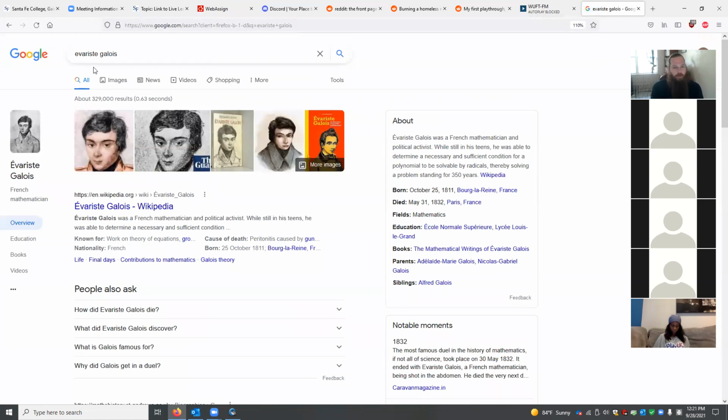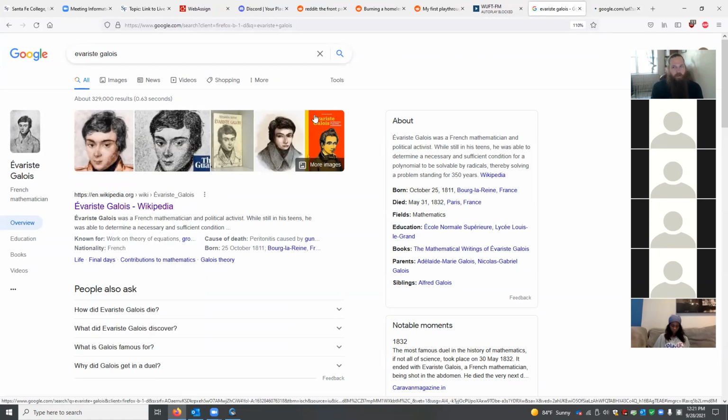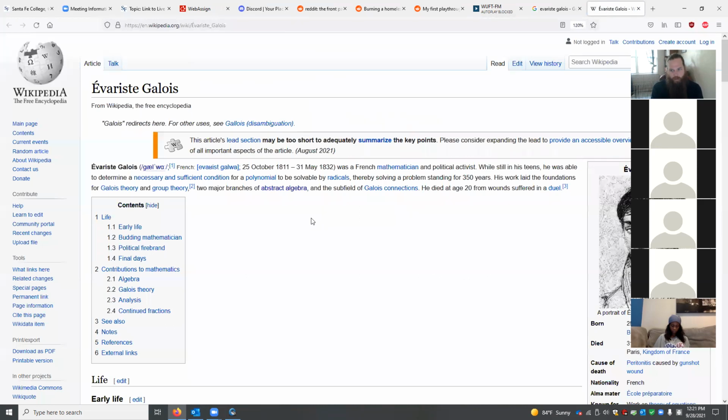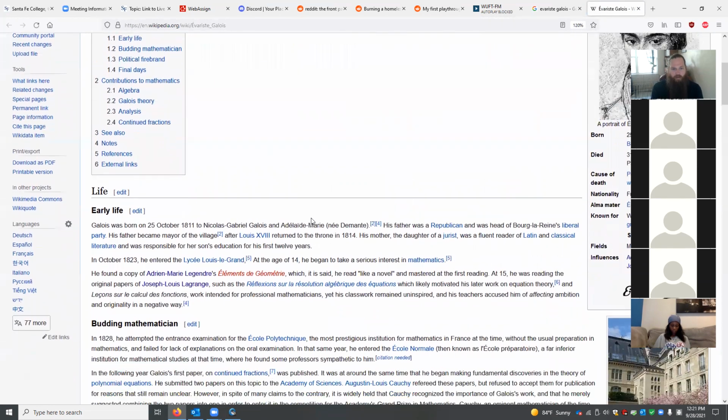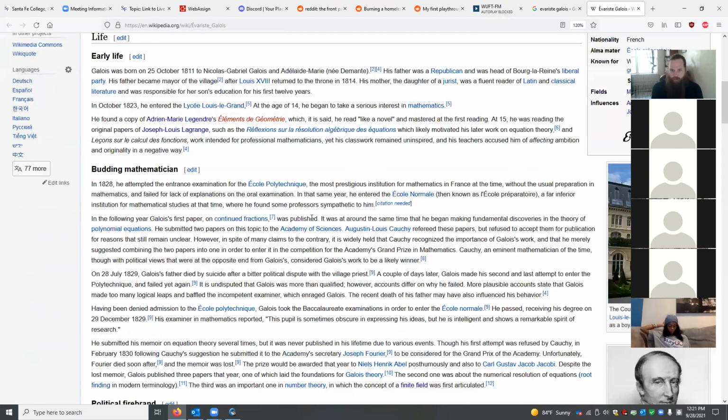The main contribution is now a field of mathematics called Galois theory. And Galois theory, among other things, allows us to prove not just the quadratic formula, but also the cubic formula, the formula for roots of a degree 3 polynomial, the quartic formula for the roots of a degree 4 polynomial, and perhaps most important, proves that there could never be a quintic formula. There is not and could never be a formula for the roots of a degree 5 or higher polynomial in terms of its coefficients, just doing the normal square roots and stuff. So Galois is quite famous.